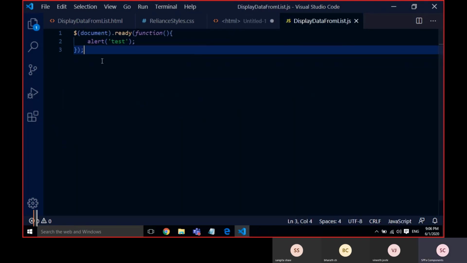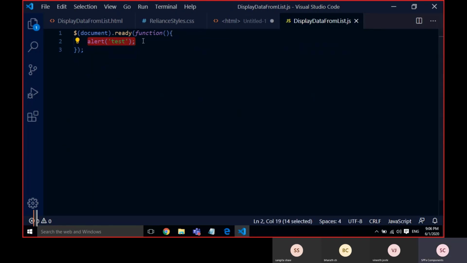So I can write directly here, within the document already.